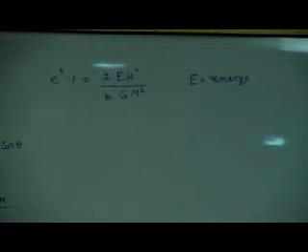Then OA is A, so FA is A minus AE, which is A into (1 minus e), plus the kinetic energy, which is plus half M